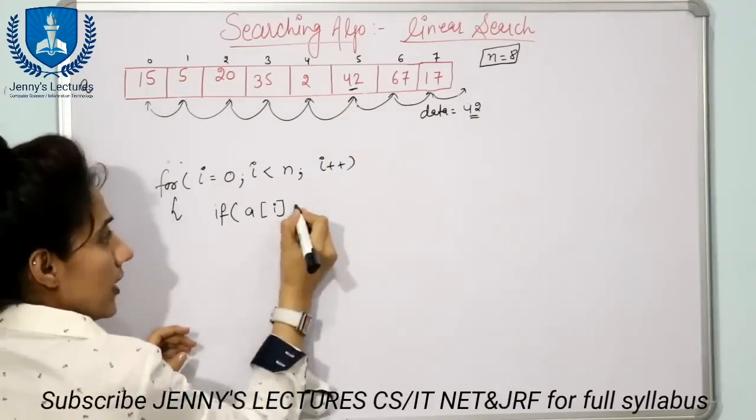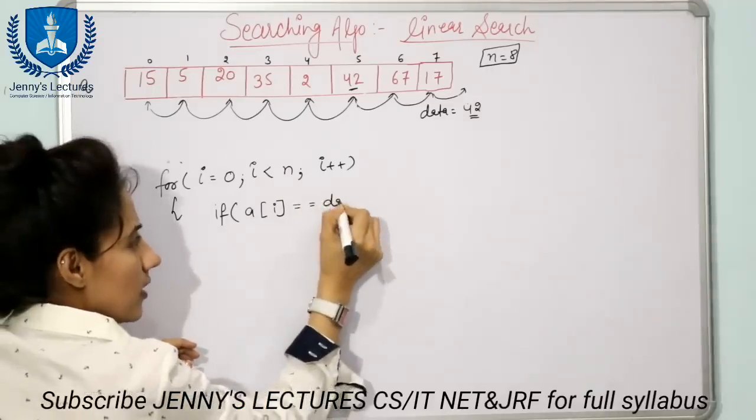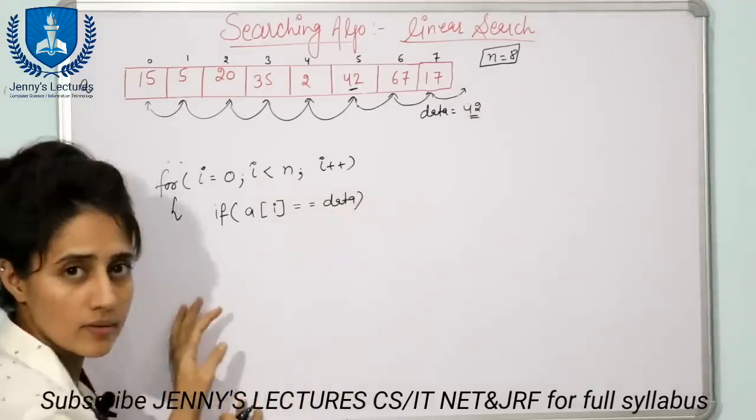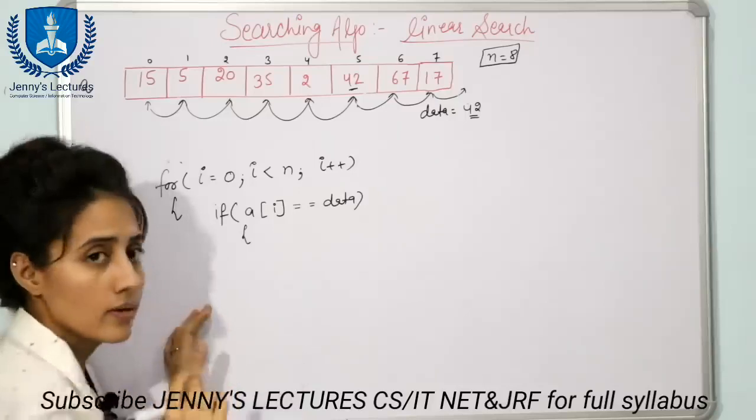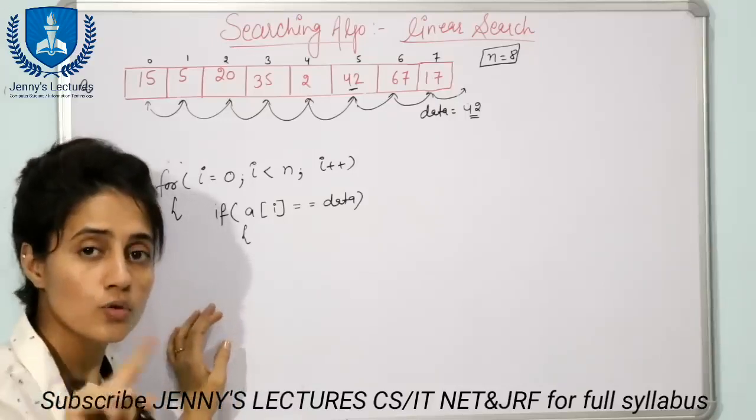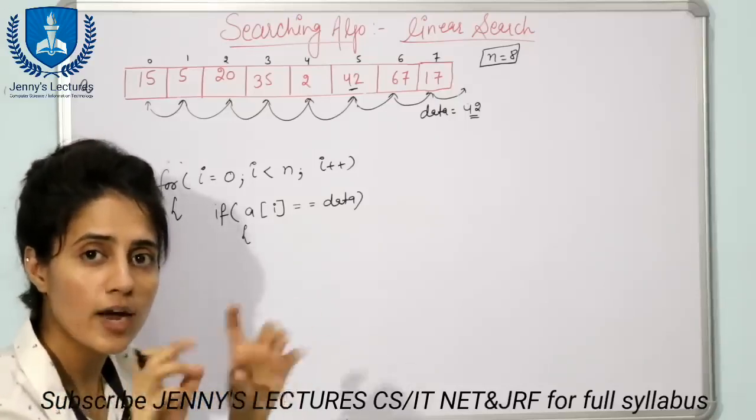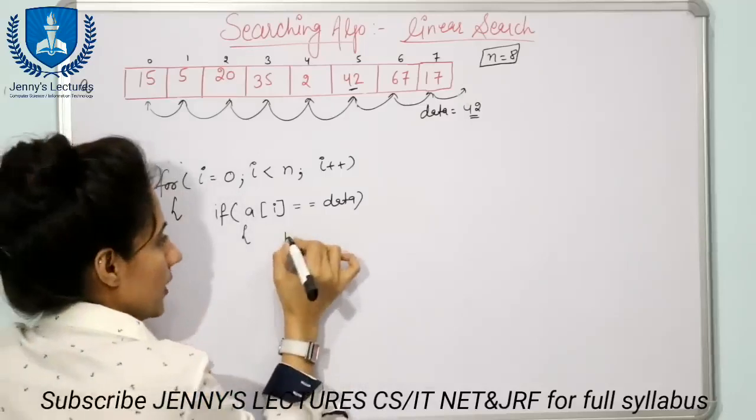So if array of I is equal to data, then what will you do? You will return the location of that data. You will print. So here you will printf